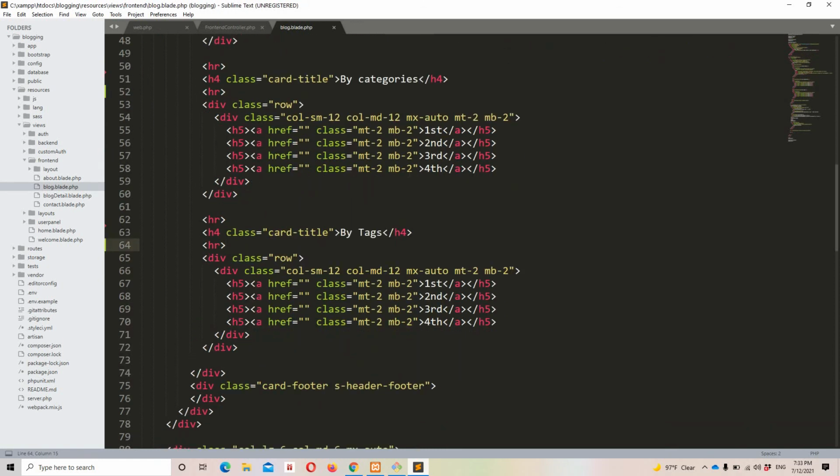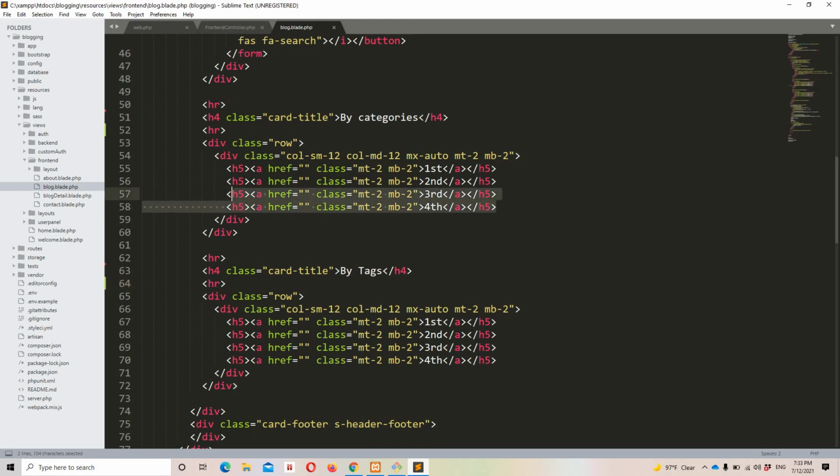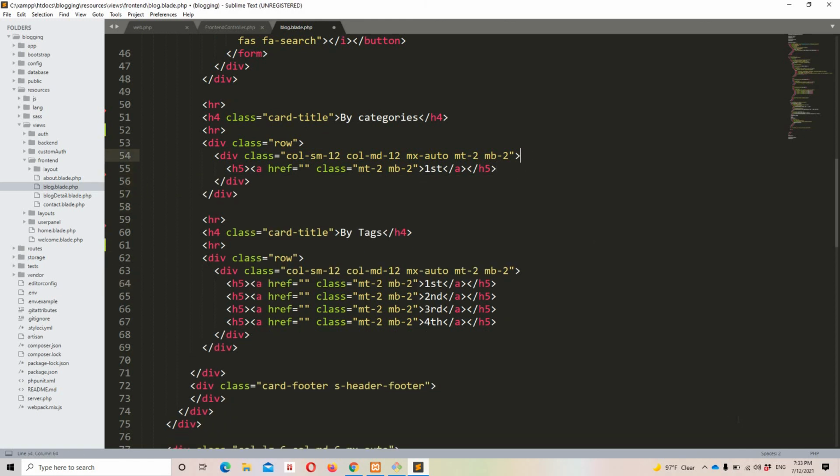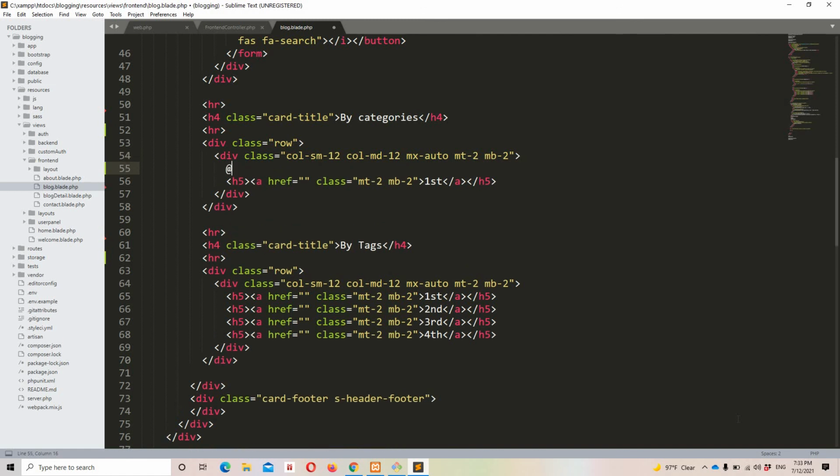Okay, now I'm going to remove all the unnecessary H5 because I'm going to use a loop to display all the categories. But first of all, I'm going to put a condition to check if we really have categories or tags. In this case we need to display the categories, so I'm going to put my condition based on category. So if $categories is not empty, then you can proceed.